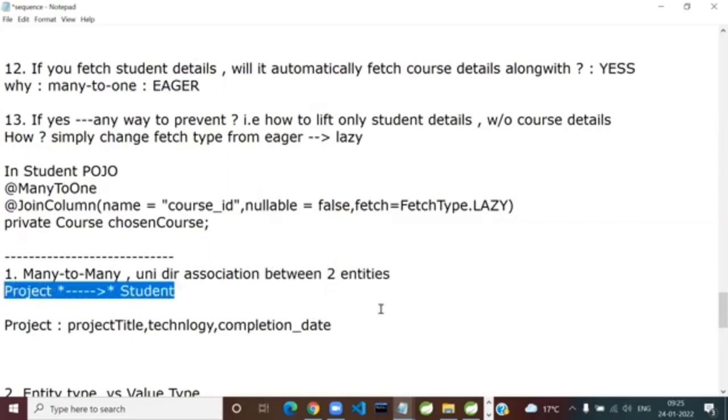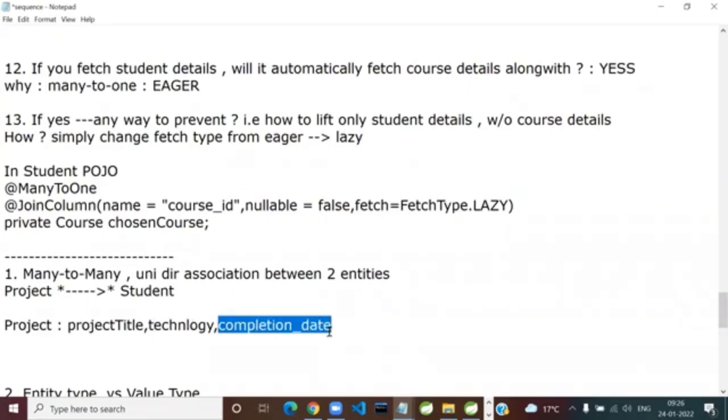So tell me, from project you will be able to access student, or from student project? From this arrow, it is from where to where? From project to student. Okay, so I have spent a lot of time on advanced Hibernate also. So I'm giving you, we will add a project title, the technology, you could be taking ASP.NET and Angular, or React, Node, or React and Spring Boot, your choice. And the date of completion. I am keeping it simple.